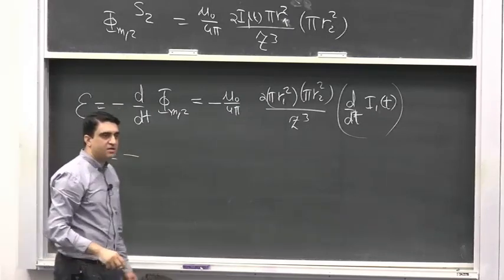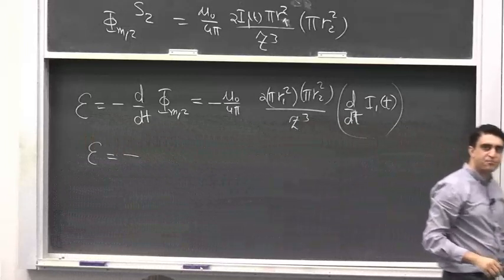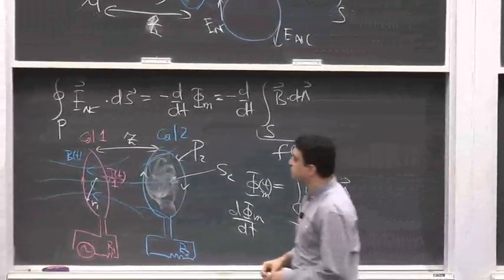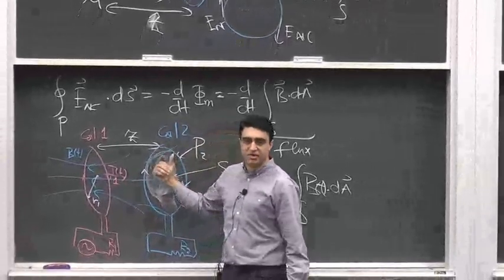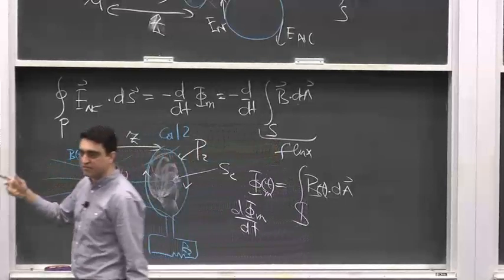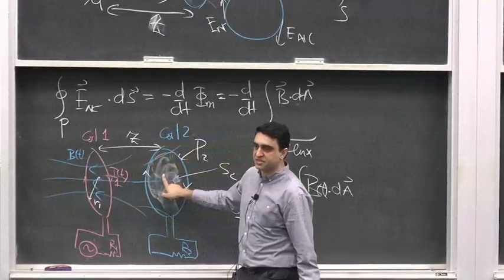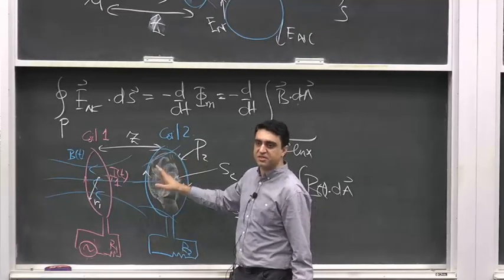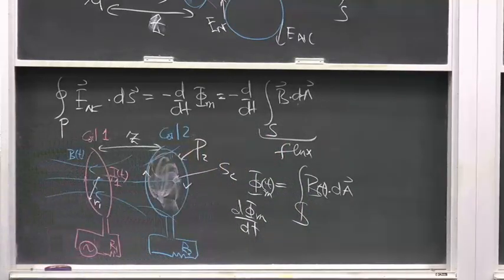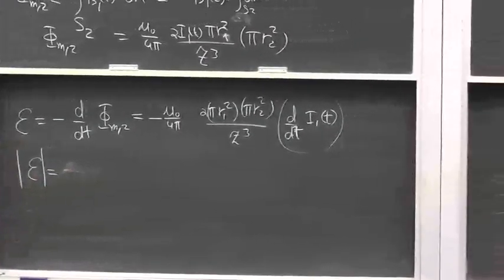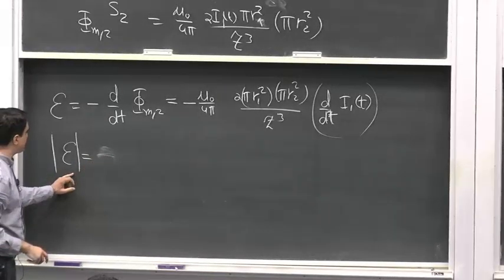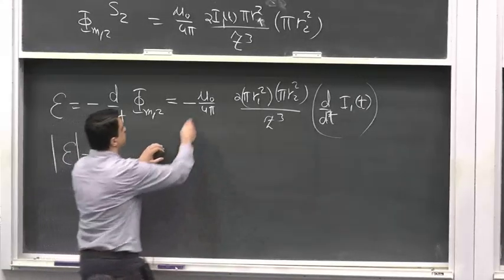So your minus sign, so how do you find the minus sign? What does the minus sign indicate? The minus sign would indicate कि जो EMF की direction है वो क्या है आपके पास, and how do you find it? You just have to look at कि whether the flux is increasing through it or decreasing through it, and what's the direction of the magnetic field if it is increasing or decreasing, and that would give you the direction of that thing. So anyway, जो आपके जो magnitude है, let's ignore the direction for the time. The direction is given by the Lenz's law, so the magnitude of the EMF which is produced is given by